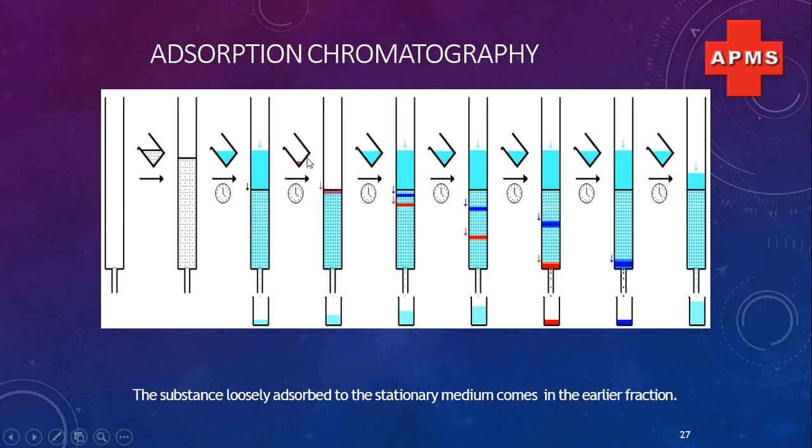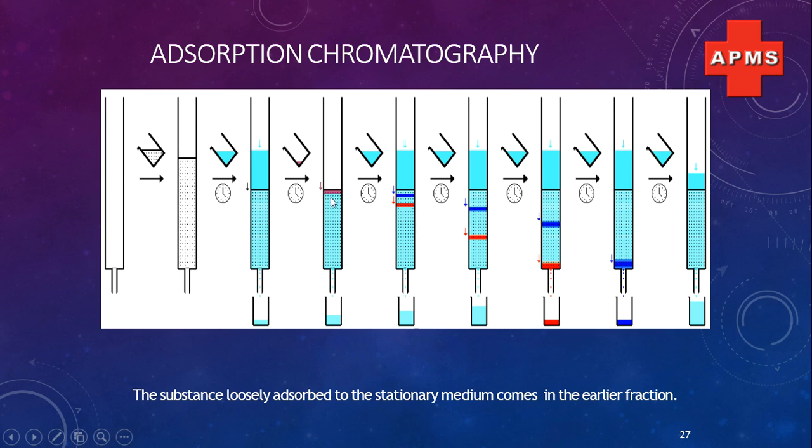This, shown in purple color, is our sample, which is in a very low amount. The sample is put here, and again we put this organic solvent over this. When this solvent is adsorbed in this region, then we put further organic solvent, and due to the flow of this mobile phase, this organic compound mixture dissolves in the mobile phase and travels inside the column, percolating through the stationary phase, and different components are separated.